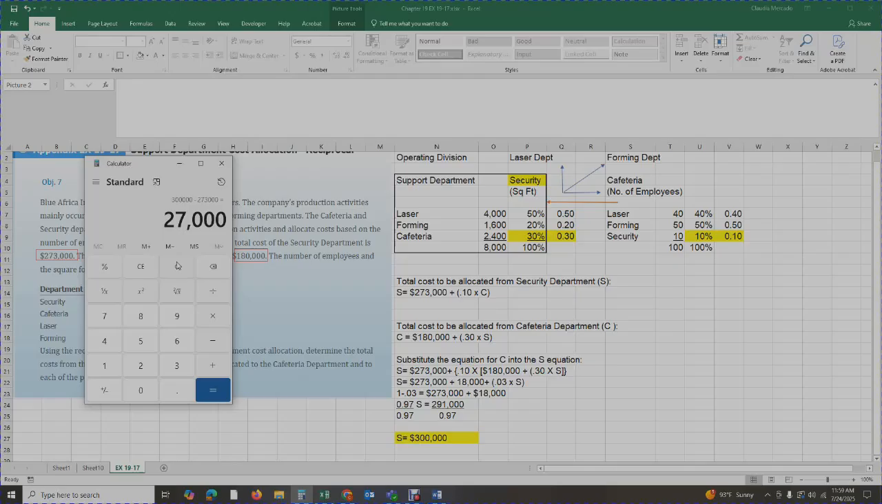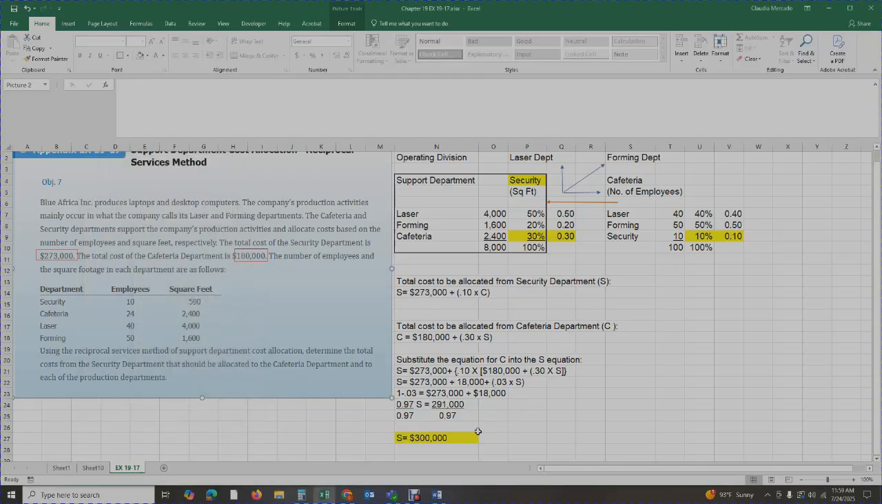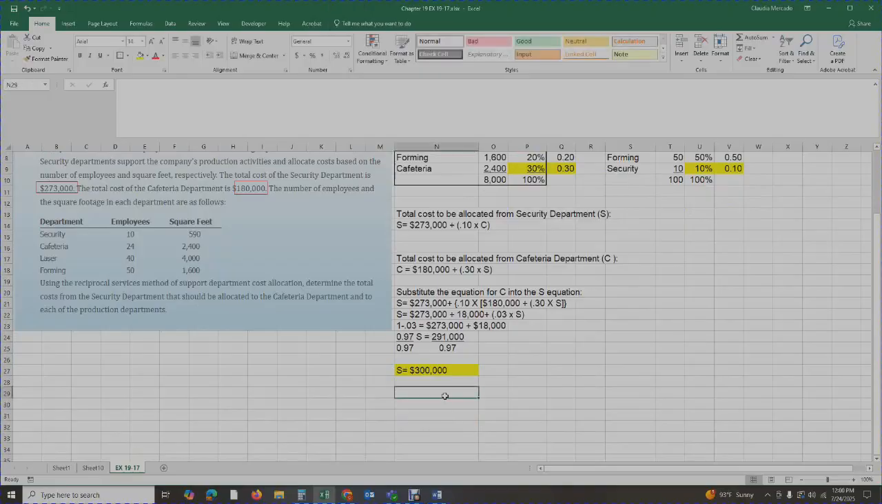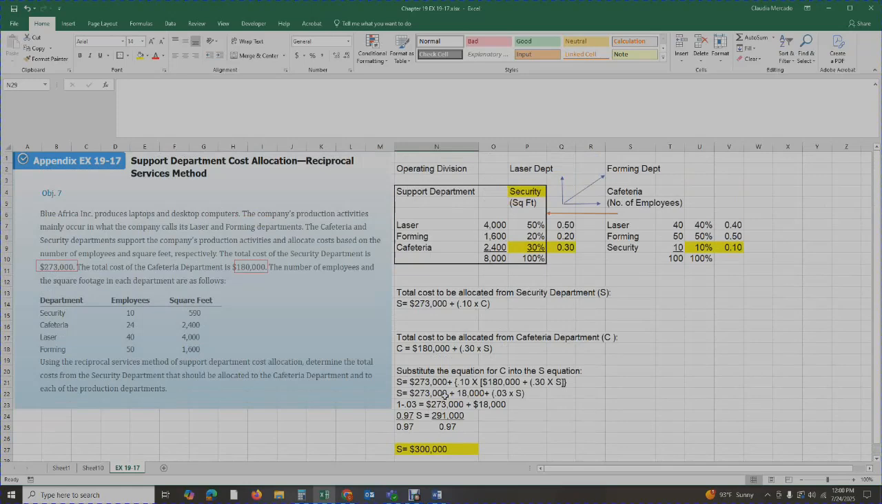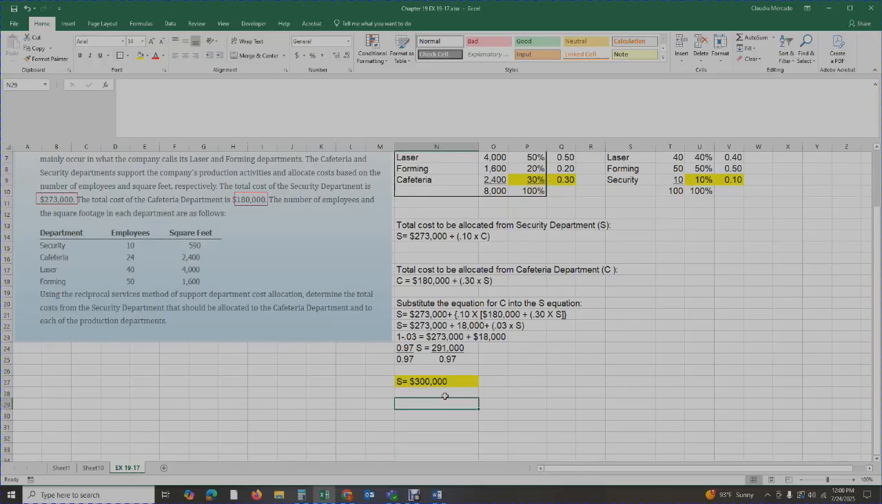Now that I've got my total of 300,000, I can allocate all of my security costs out to the three departments, okay? So now we're going to get working on that. Once you solve that 300,000, then the rest becomes a piece of cake, okay? What are we allocating? We are allocating the security to the laser department,